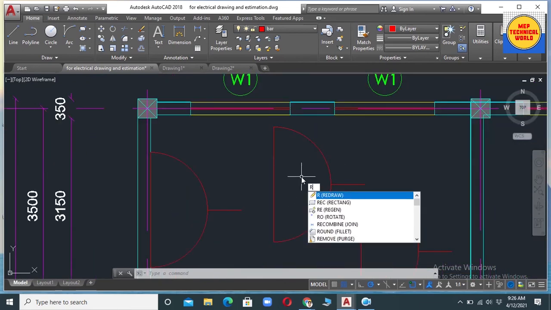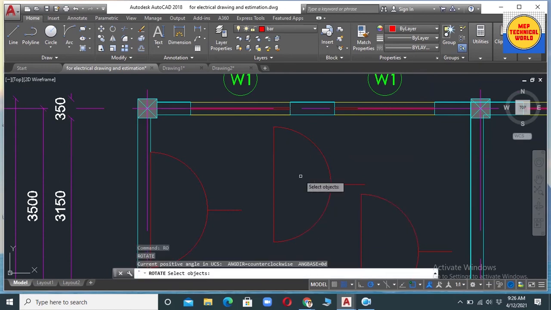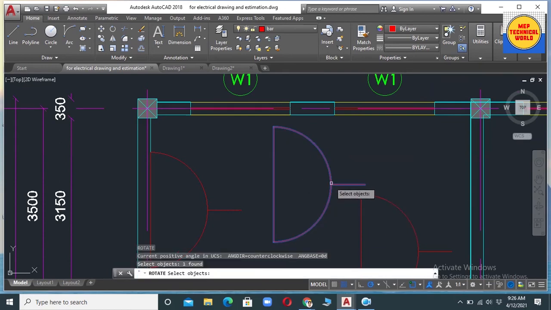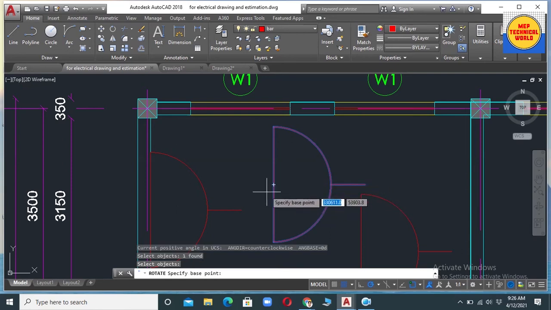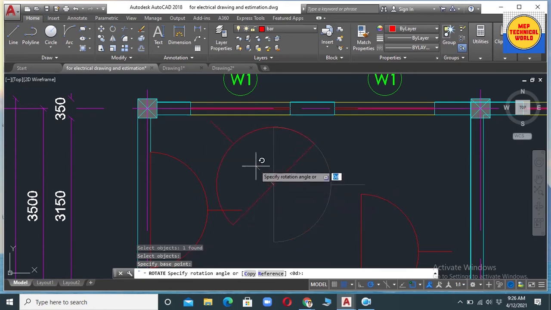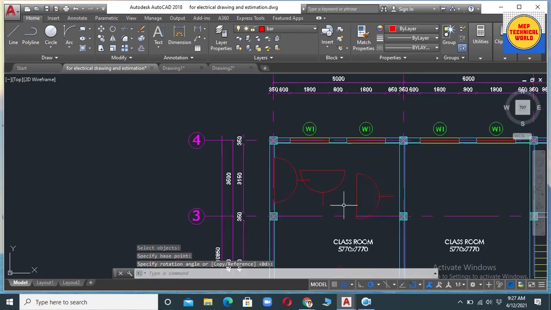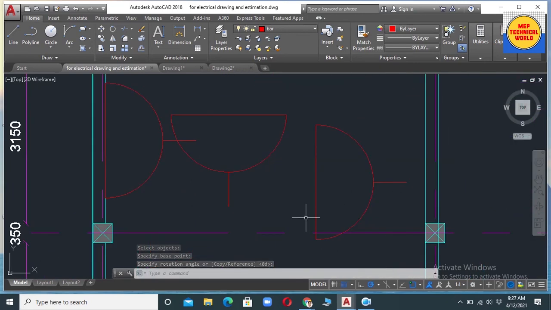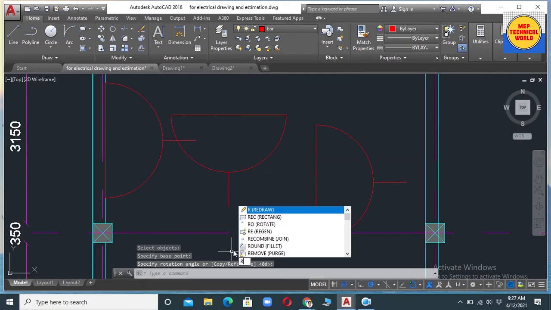RO is the rotate command. Select the object by clicking on it, hit the space button and specify the base point. In this fashion we need it. Similarly for this we can rotate it.